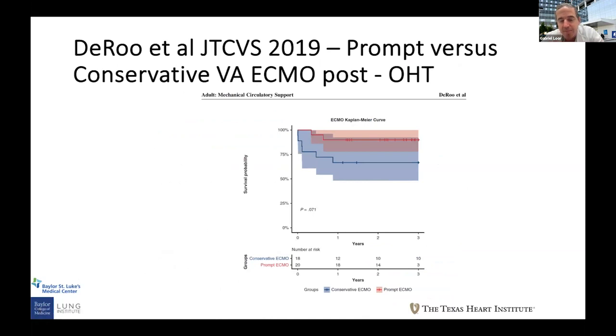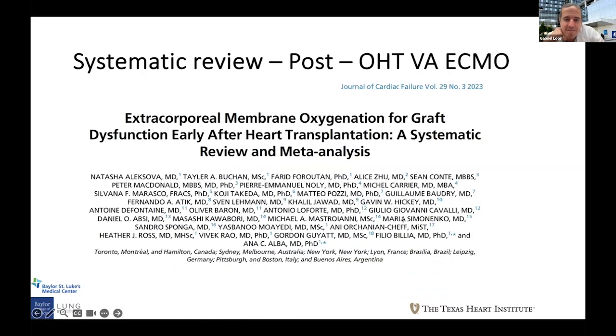They basically support upfront or early consideration for VA ECMO use, as does this paper here from Columbia that looked at prompt versus conservative ECMO management. The prompt ECMO group seemed to have better survival than the conservative ECMO group, but you can see that it was not statistically significant. There was a beautiful systematic review very recently published in the Journal of Cardiac Failure that